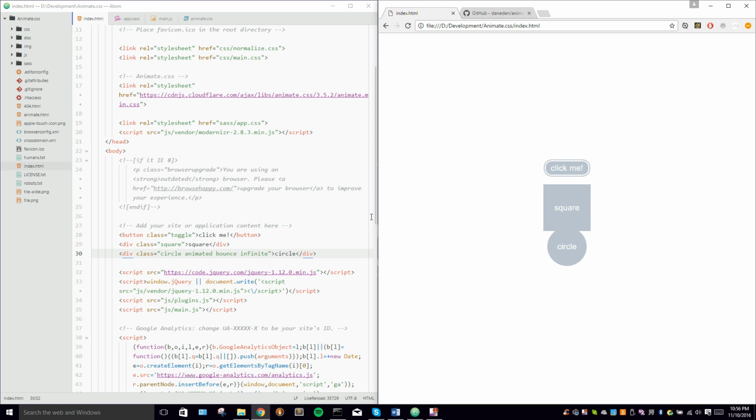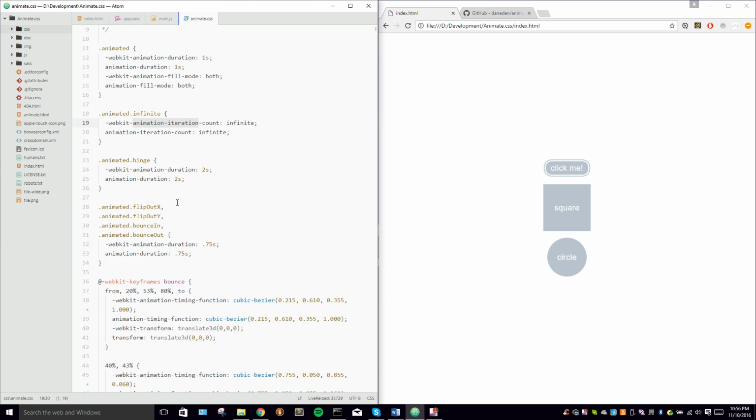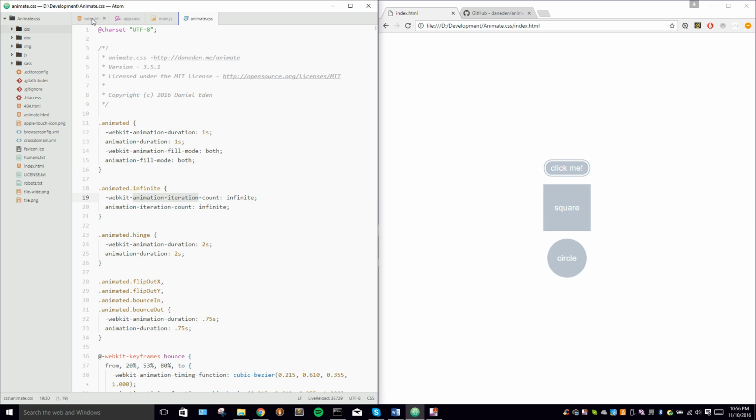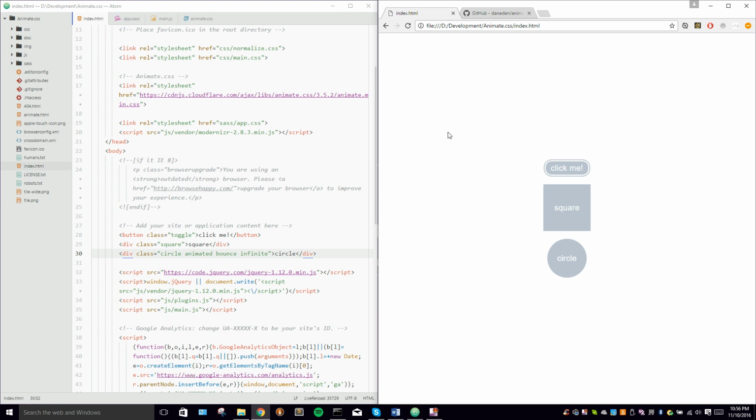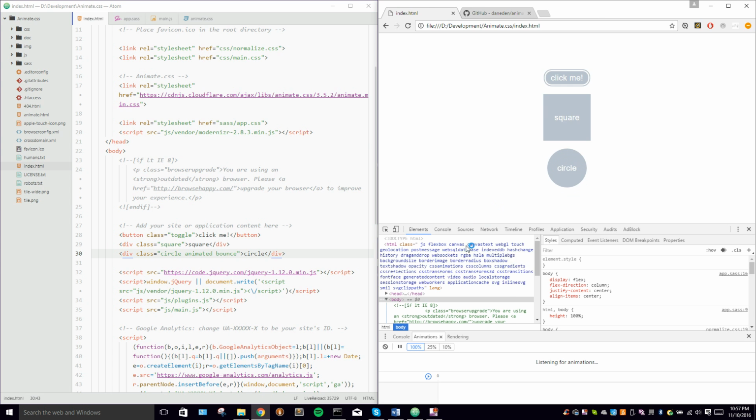Now in the handcrafted example we did, I also did animation direction. Now Animate.css doesn't have that option available, but that's just something that you could code in yourself if required. Cool. So while this is animating away, we'll remove the infinite, and we'll just see what's going on under the hood. So if we load the page, we'll push F12 to bring up the developer tools,